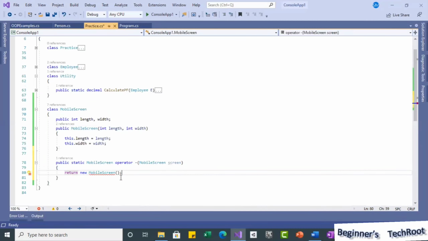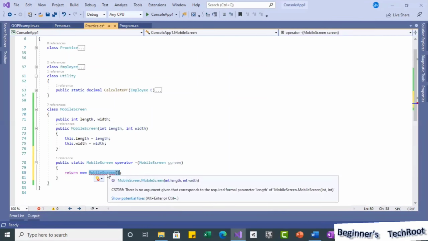to avoid unnecessary variables. Because if I want to use it the same way, this screen has a parameter, and whatever operation I do here, whatever value it returns, if I want to store it somewhere, then I can use a variable. I don't want that, I am just going to return the value.